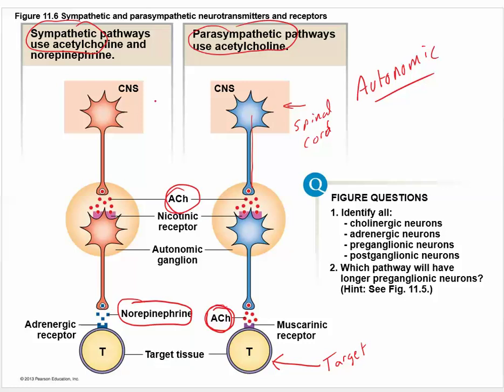So when the hypothalamus says, hey, we need to activate the sympathetic or the parasympathetic, it will. When it activates that, it doesn't matter that first little handshake between the first neuron that comes out of the spinal cord and then this ganglion, that's what we call those. That's going to release acetylcholine just to get the message from here to here. So the body says, acetylcholine works, whatever, it doesn't matter, we're just communicating with another neuron. It opens up a channel, activates this neuron. And then this neuron is the one that's going to make a difference because, like I said, sympathetic, it's going to release norepinephrine. Parasympathetic, it's going to release acetylcholine.